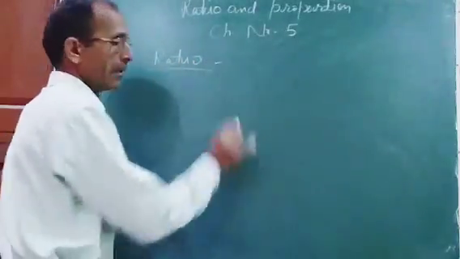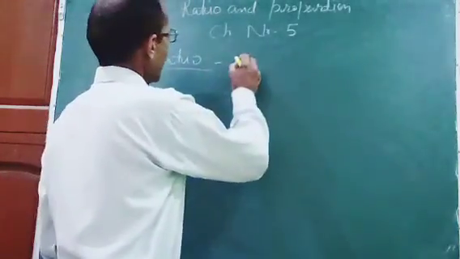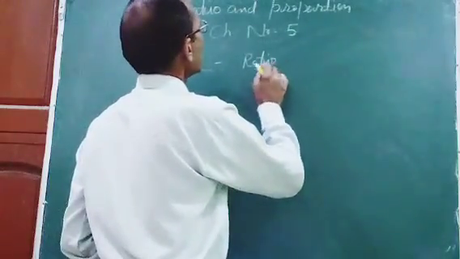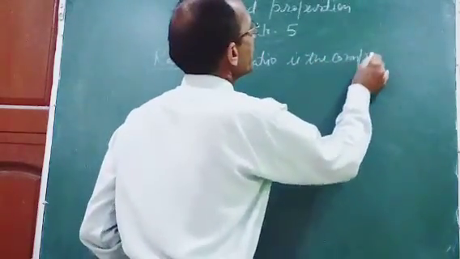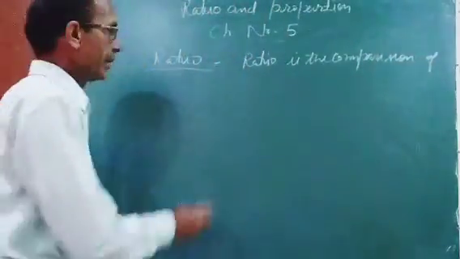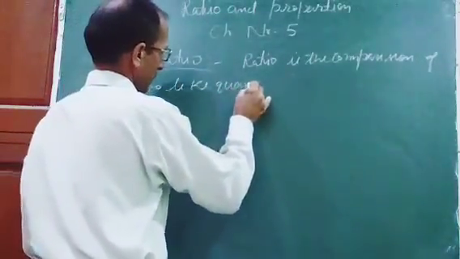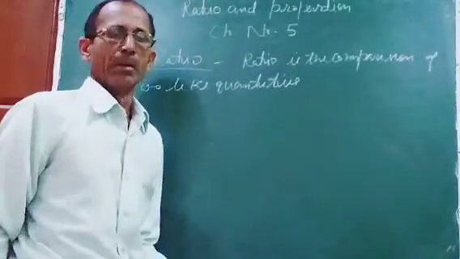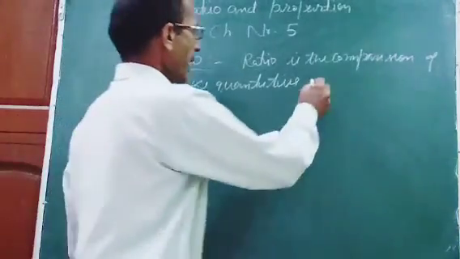Ratio is the comparison of two like quantities. Ratio is the comparison of two like quantities. For example,